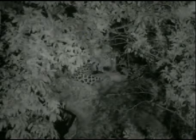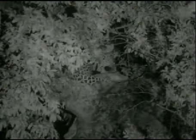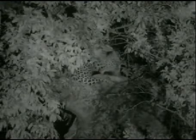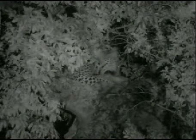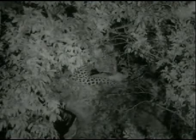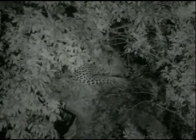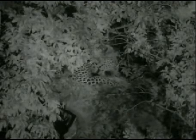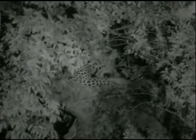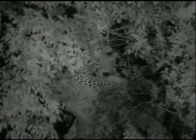The canines, even though they look very impressive, their main function is for the kill, when they grab hold of the carcass, so they can grab hold of the throat and suffocate it. Or in the case of leopard, very often, which is probably how it would have killed this impala, they can also bite into the vertebra, into the spinal cord at the back of the neck, and sever it. It's a very specialized animal. And I mean that in the sense of predators as such. Leopards are very adaptable. They can live in any environment from